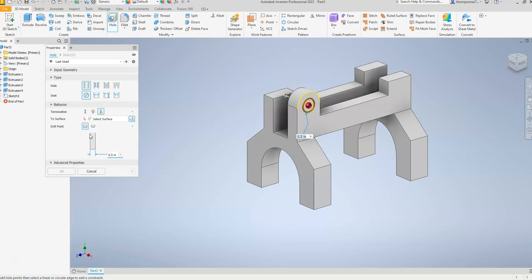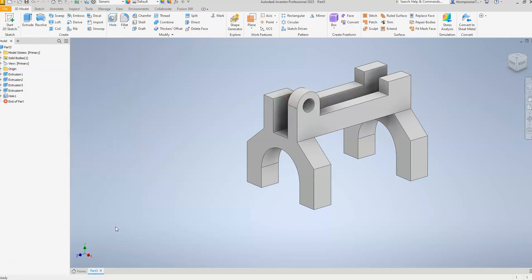And we can just go ahead and do it at a depth. Let's see where we're at. Distance. It's going to put this here. And we want that to be 0.5. Go. All right, so now we have this here, and we're going to try to mirror this feature so that